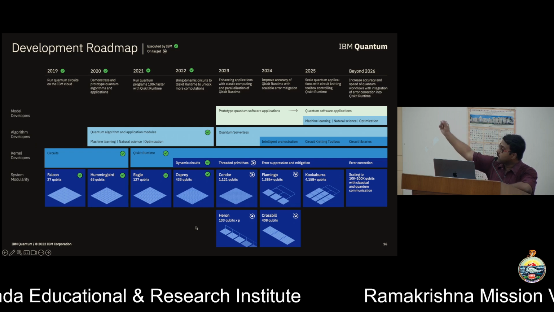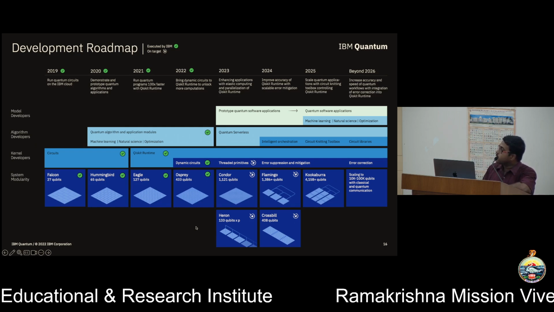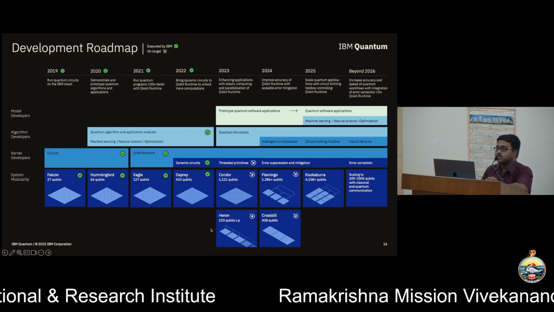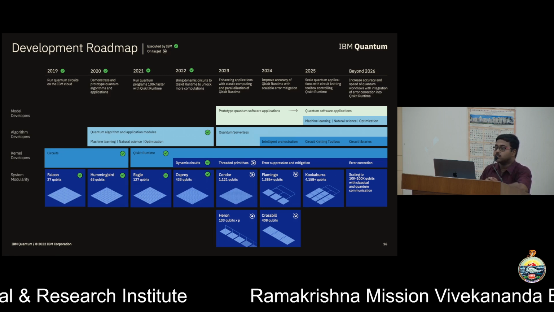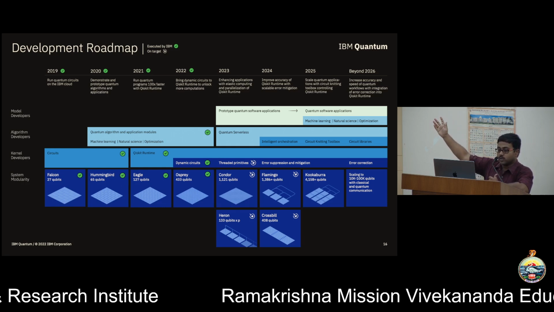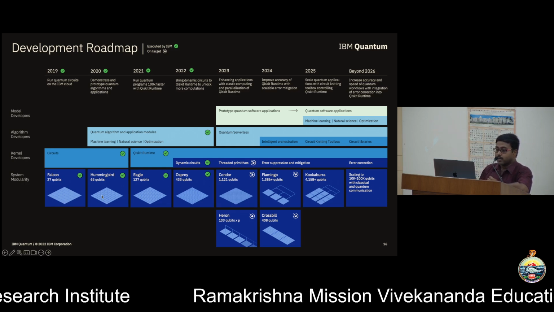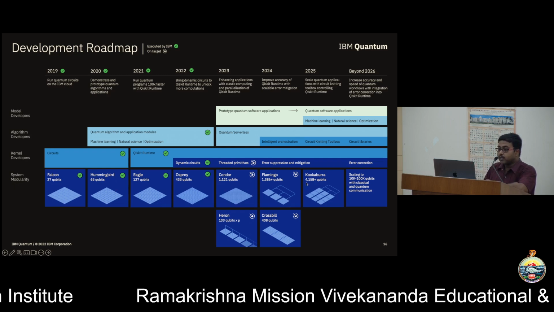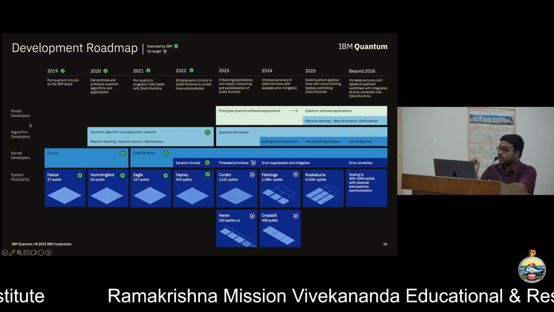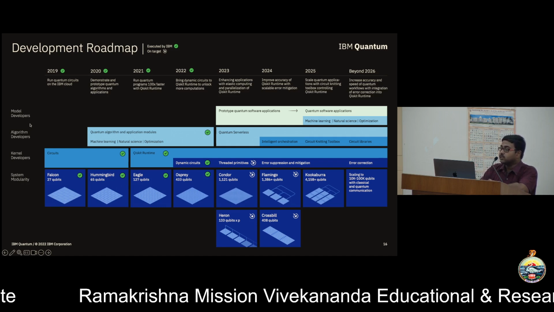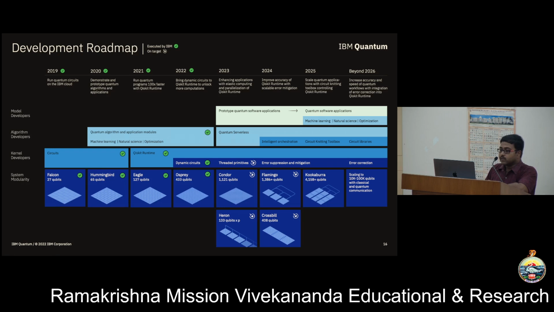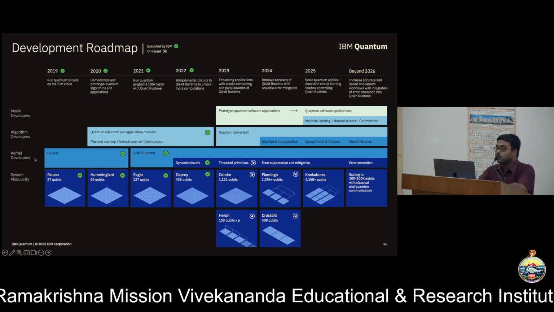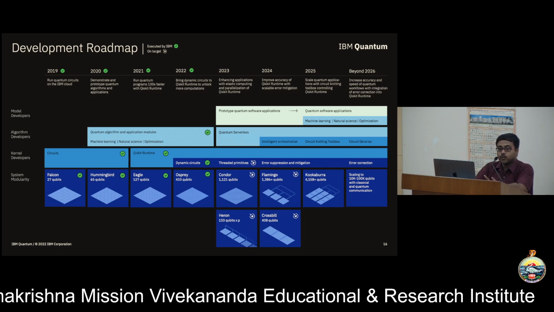The reason I'm explaining all of this is that many times people who are not from a physics background say, "I perhaps don't understand quantum mechanics so much, so this is not for me." This is not true. Yes, I agree that at the system level, we need to be experimental physicists, but everything above this is for computer scientists, for mathematicians, even physicists. How do you take a problem and encode it into a form that a quantum computer can understand? This is just an encoding problem.